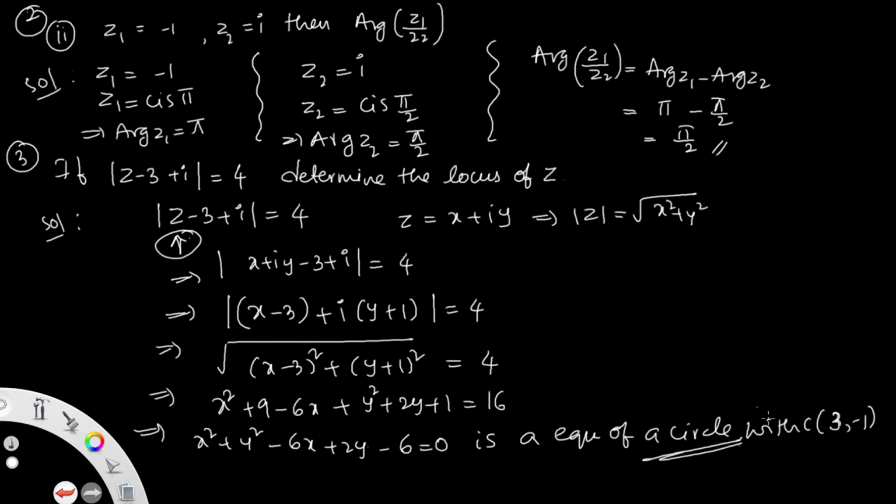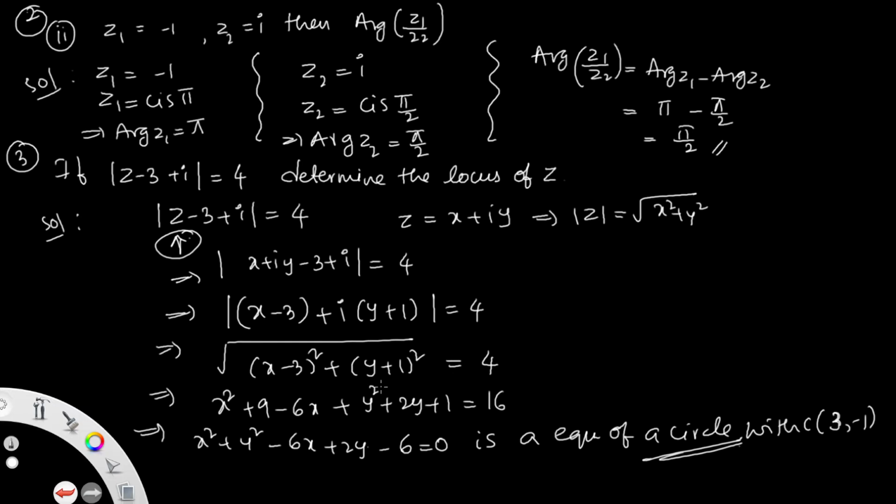This carries 1 mark. So the question is in the form of modulus of z minus 3 plus i equals 4, then determine the locus of z. Wherever z is there, we have to write z is equal to x plus iy. Take the real parts common and imaginary parts common. Now mod z equals root over x square plus y square, nothing but real part square and imaginary part square, equals 4. Removing the square root and simplifying, it is the equation of a circle with center 3 comma minus 1. That's all. You can go to the next page and next question.